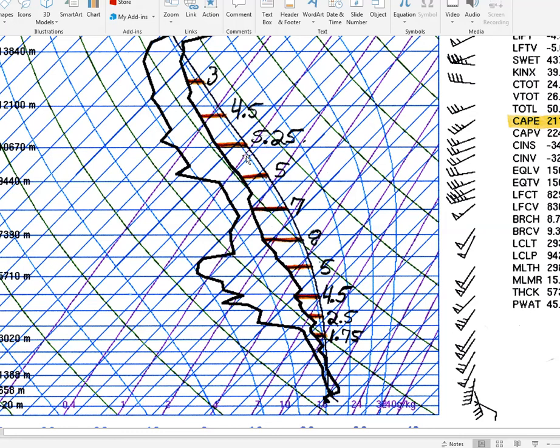So that's why I have a few more measurements proportionally down here as opposed to up here. So it does kind of matter where you put them, but you should come up with a nice measurement even if you don't put them like I did and concentrate on the irregular parts. Even if you just space them out evenly, it should come out okay. But you see, right here, you have a little jagged portion in your profile. I put one there. I also put one up here where the CAPE profile is the widest. That's something else that can help. And then up here where the width of the buoyancy profile is pretty homogeneous, I spaced them out pretty steadily